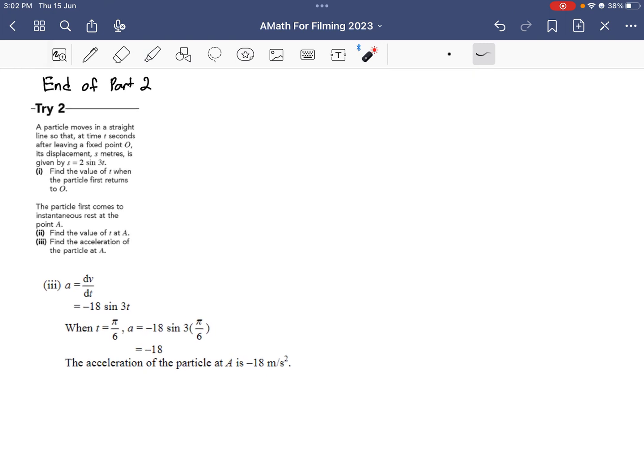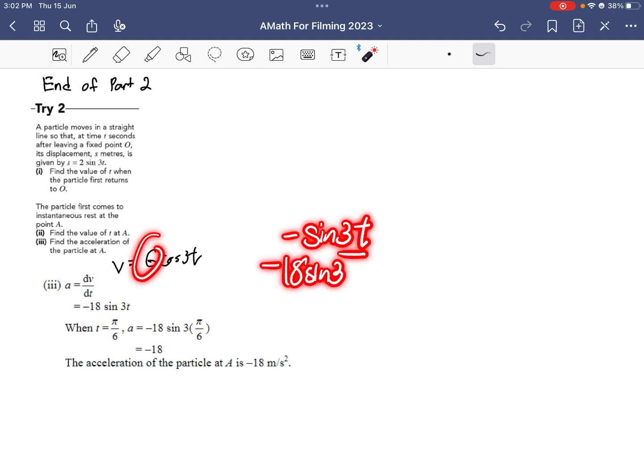Now, last but not least, find the acceleration. From our velocity in the previous portion, the velocity was given by 6 cosine 3t. To get acceleration, you differentiate velocity. Cosine differentiated gives you negative sine of 3t. The 3t you differentiate, get 3. 3 times 6, so you get negative 18 sine of 3t, which is shown here. We have pi over 6 from the previous part. You just substitute into this negative 18 sine of 3t. You get the acceleration is negative